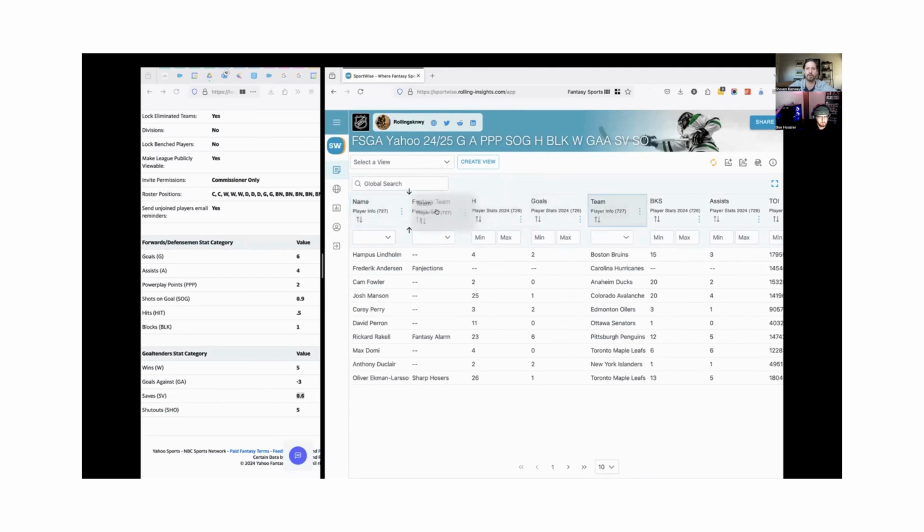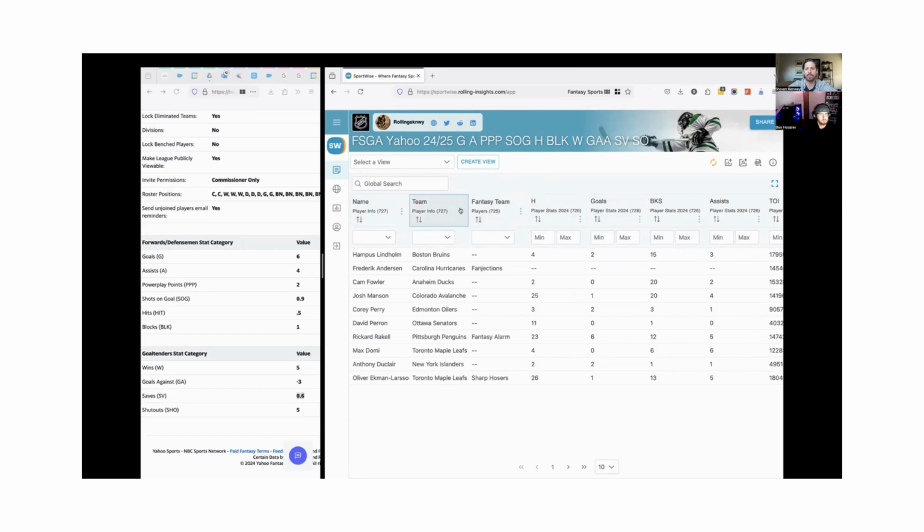I'm going to get the general format. And then I'm going to pin the columns so that they're always on the left-hand side. I always pin because when you pin them, they always move to the leftmost point. So you've got to pin team first, and you've got to pin name. So now we've got